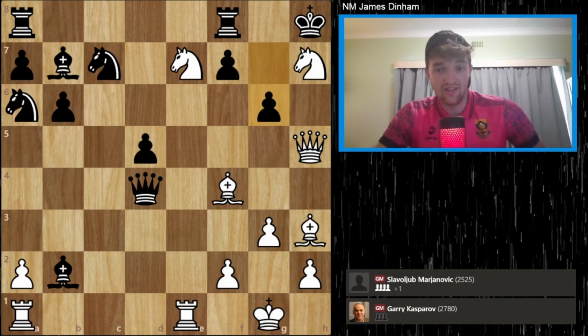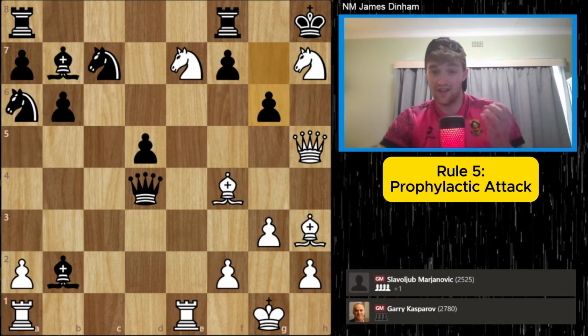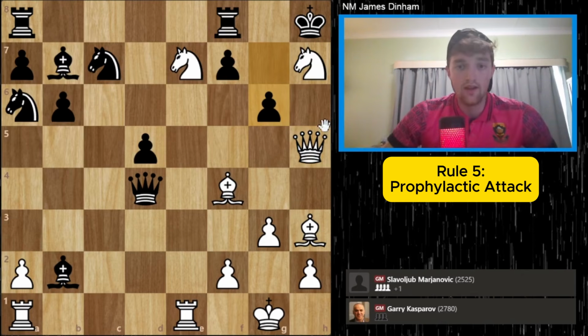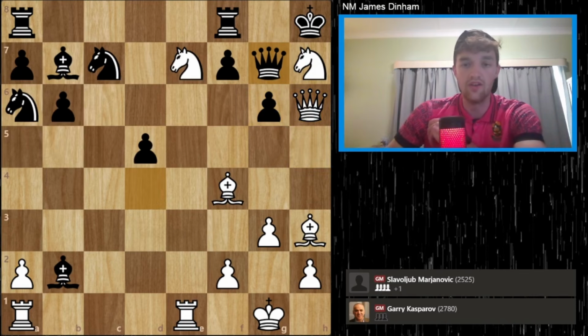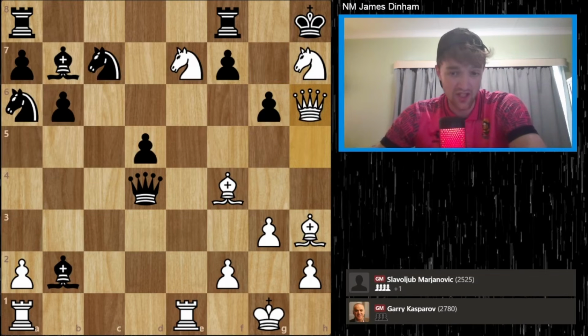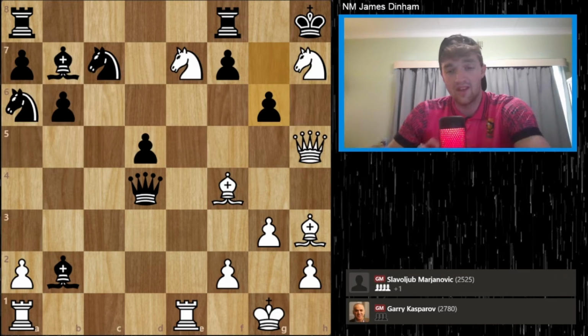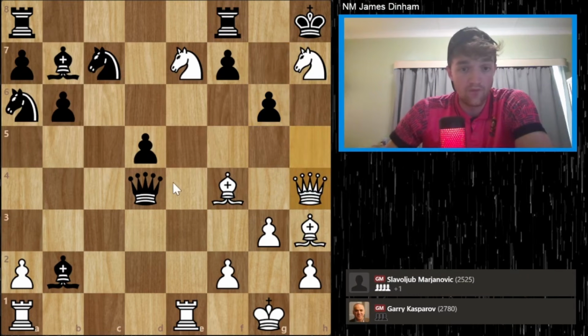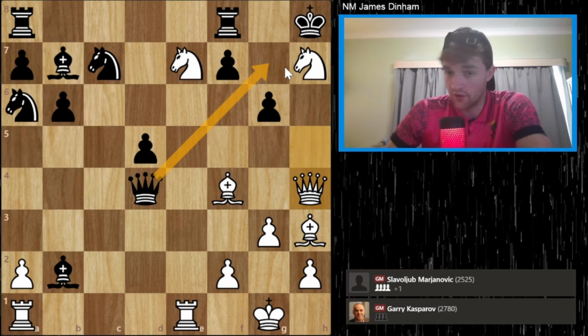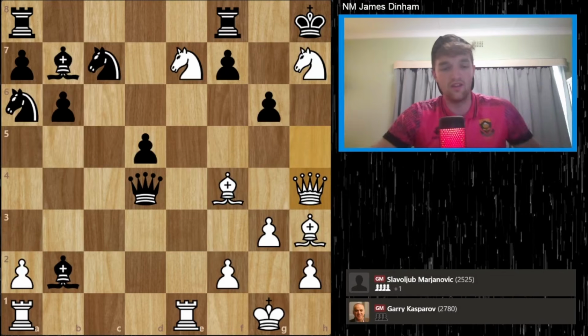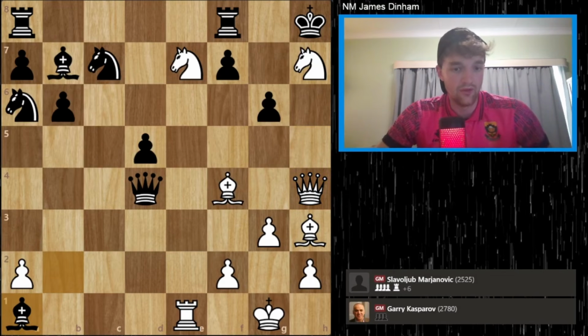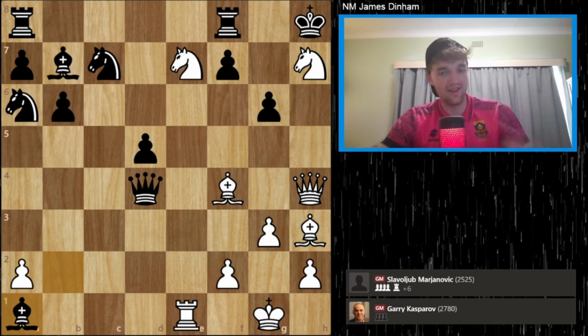Black responded with g6, and once again I'm going to indicate this idea of prophylactic attack. Now, the most natural move is queen to h6, but this would be a much worse move, as if the queen goes to h6, queen to g7 would offer a queen exchange, and white really does not want to be exchanging queens in this position. So Kasparov played the much better move, queen to h4. Now, queen to g7 would not come with the threat of exchanging queens, so it would simply not be a good move. And in this position, Black decided to grab the material by taking the rook,